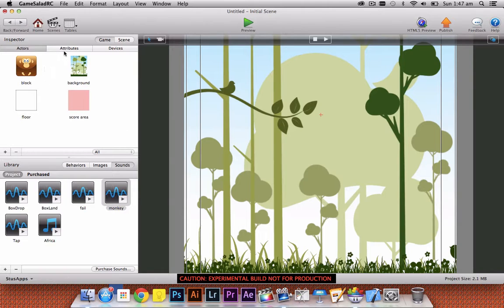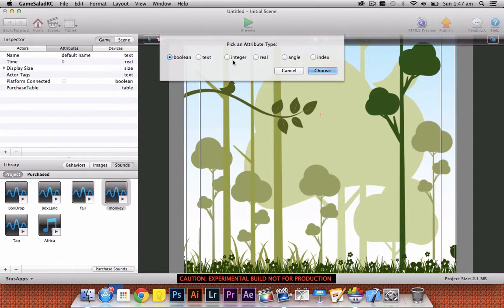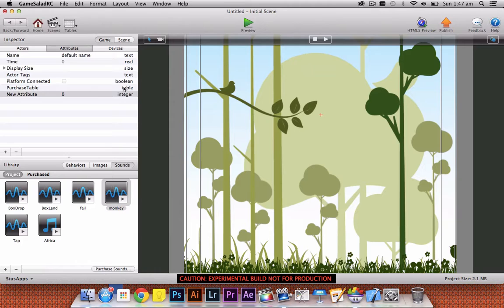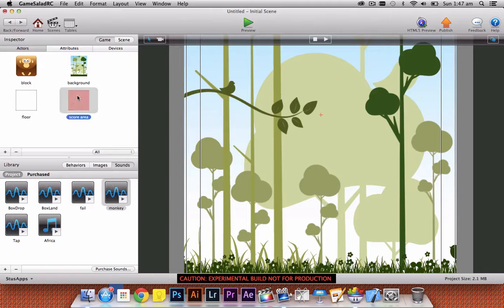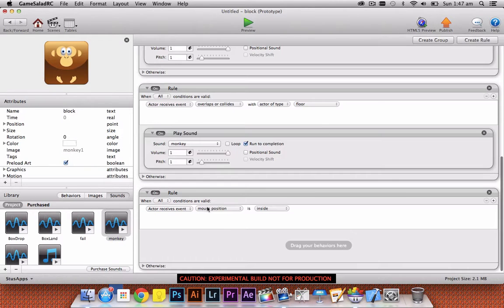And then remember, we need to make an attribute. Now the attributes are the things that the device is remembering. So we want it to remember an integer value called score. And then we'll do it all on the monkey actually. So we create a rule that says when it overlaps or collides with the score area, then behaviors